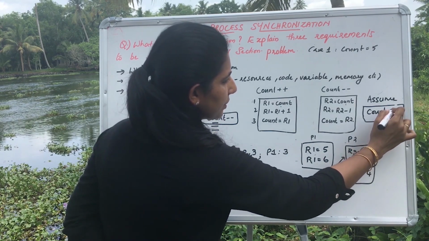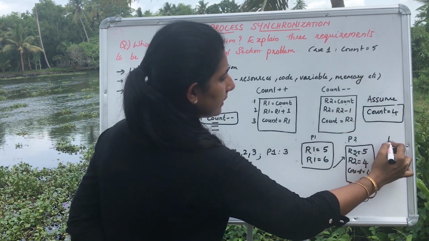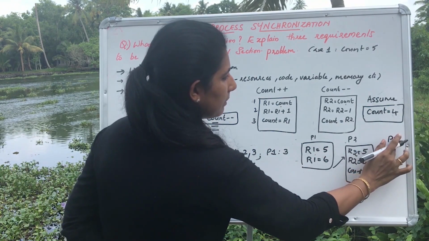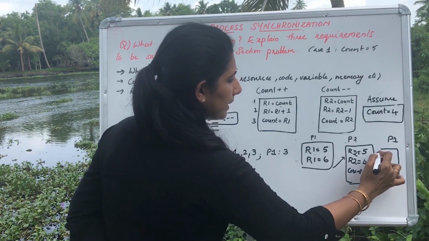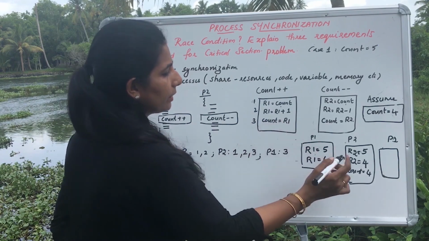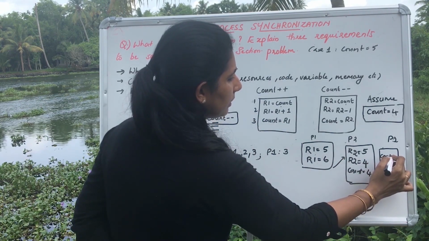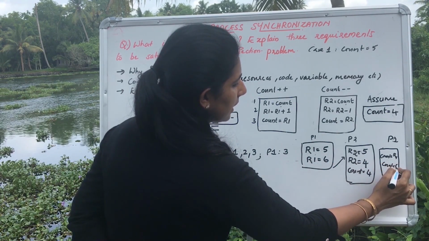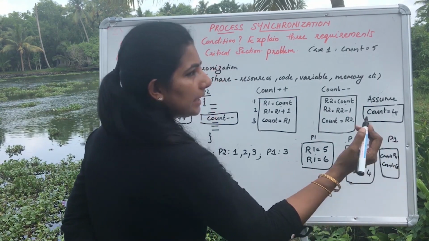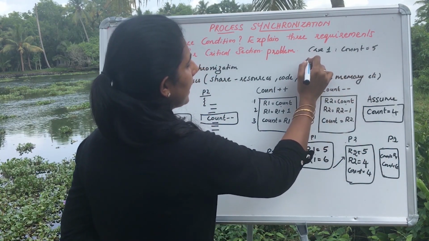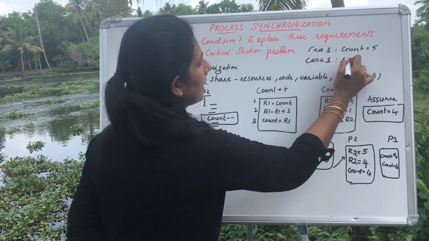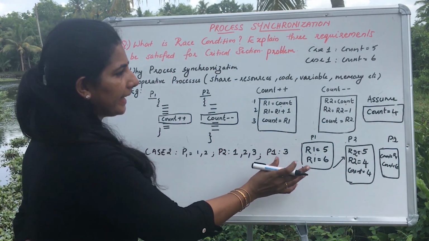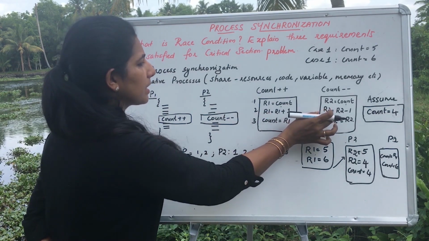Now the count value has changed to 4, and then in the third part, as I said, I have context switching from P2 to P1 again. Now when it comes to P1 again, the last part is updating: count is equal to R1. What was the R1 value? That is 6. So count is equal to 6. So what is the final value I have of the count? The count variable is initialized in case 2 with 5 and it gets updated with count value equal to 6. So this is another case where I assumed a context switching from process P1 to process P2 and then back to process P1.